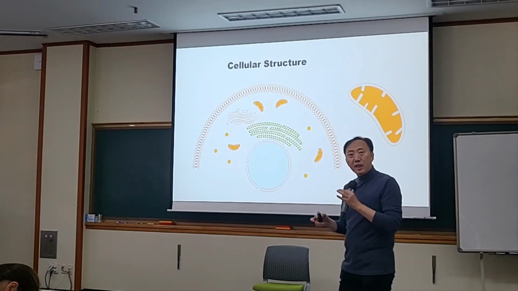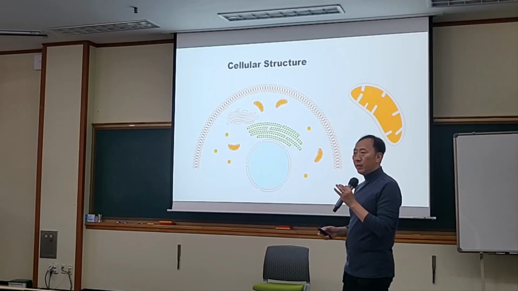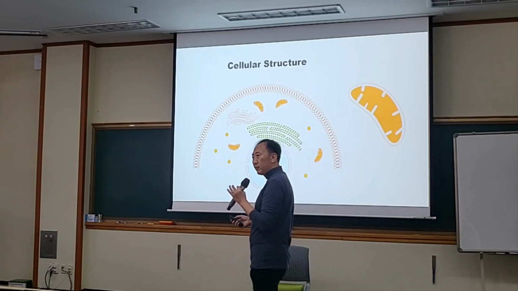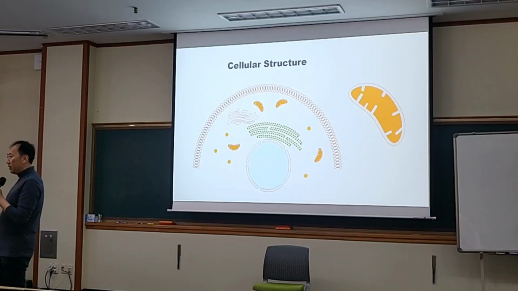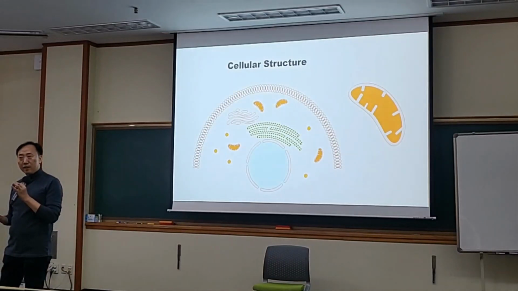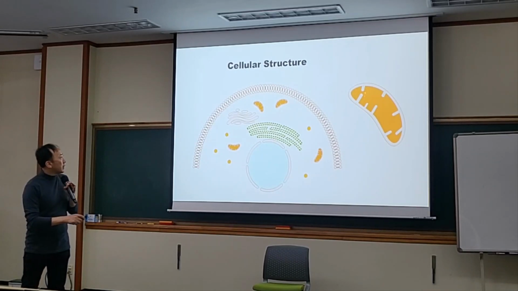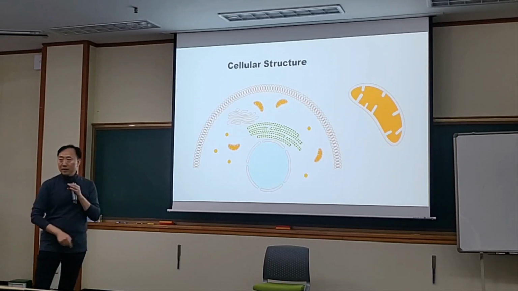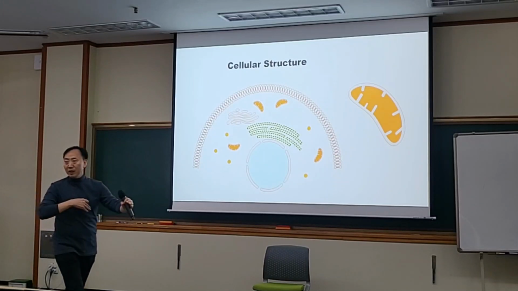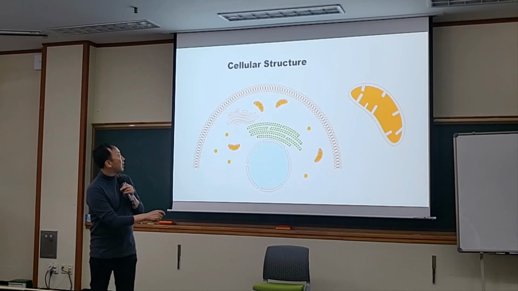Now, which part is inside and which part is outside, do you think? Let's think this way first. The matrix: is the matrix inside or outside? Then the intermembrane space, is that inside or outside? Outside. Maybe that's not the case. That means mitochondria live in our cell, but they have this kind of intermediate space, and this is similar to outside space, environmental space, and they have some boundary, some area in between. So this is the inside of the bacteria. This is the inside of us, and this is kind of